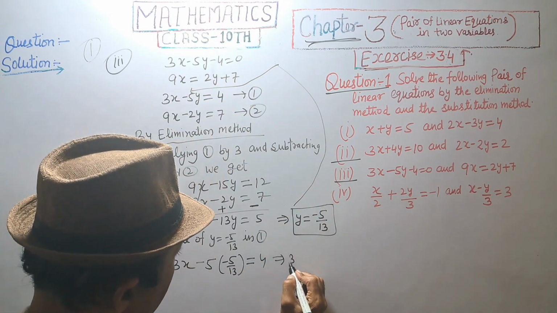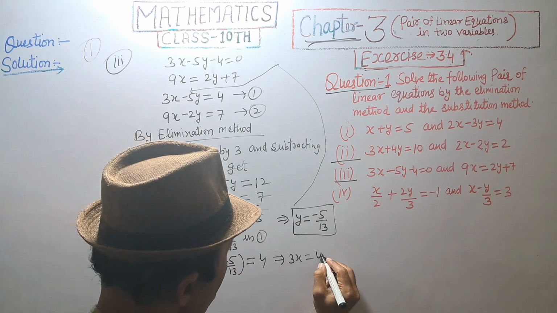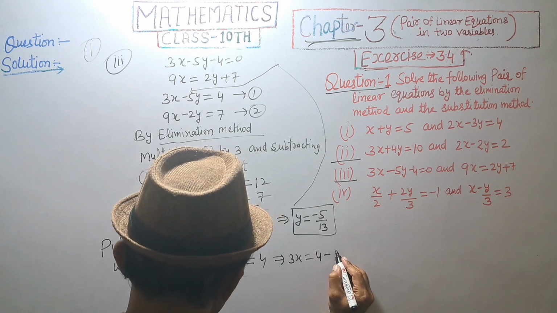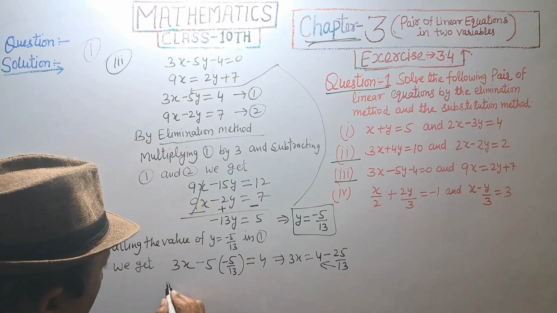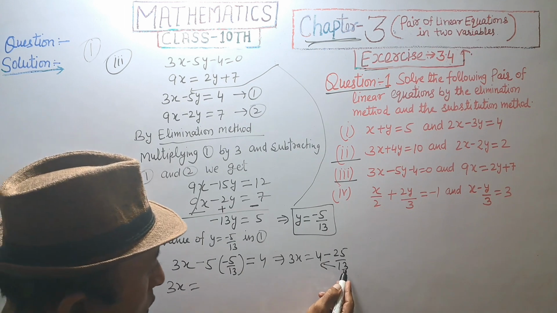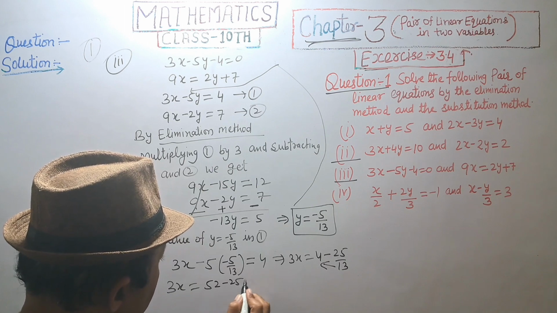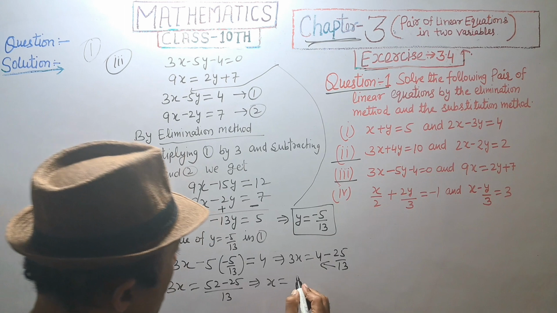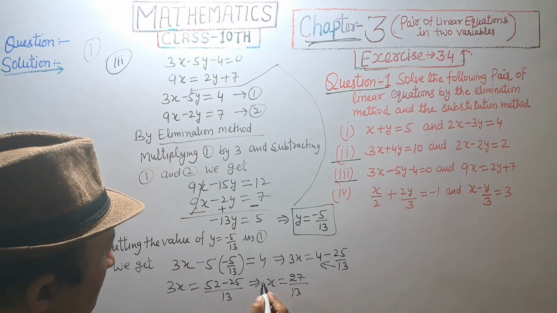This implies 3x is equal to 5 5s are 25, 4 that is positive, and in right side it will be negative 25 divided by 13, and 3x is equal to 13 4s are 52 minus 25 divided by 13. This implies x is equal to 27 divided by 13, and 3